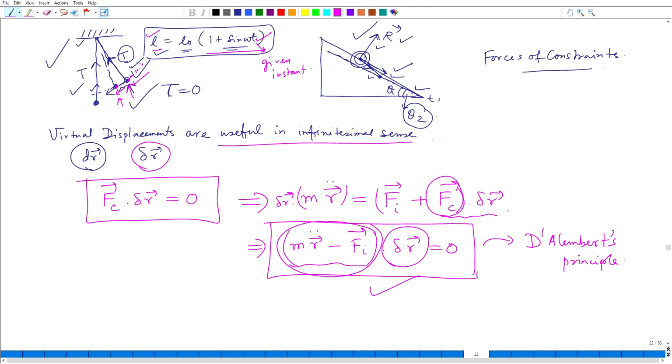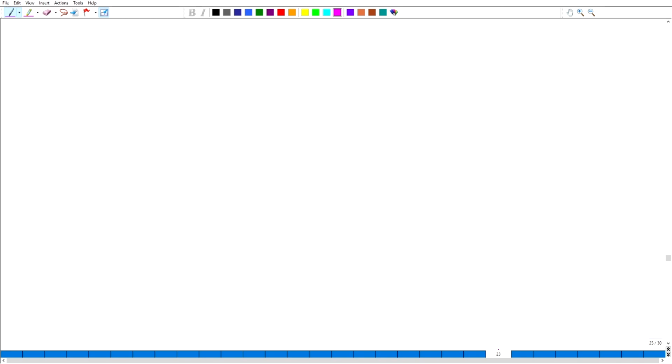So, today we will start from there. After this I presented a simple example of a simple pendulum, where the length of the string is fixed, and I told you to try to use this principle of D'Alembert for solving the motion of a simple pendulum whose length of the string is changing with time. Then today I will present